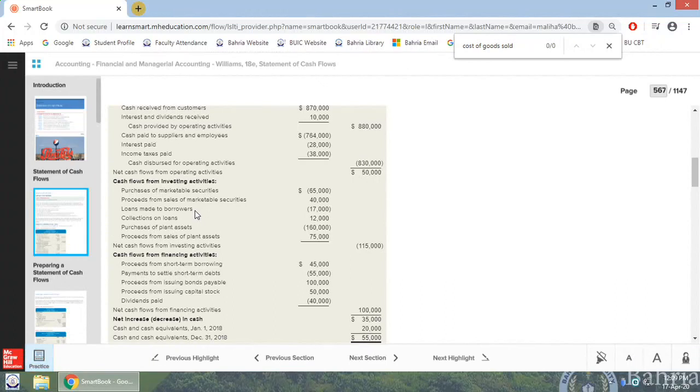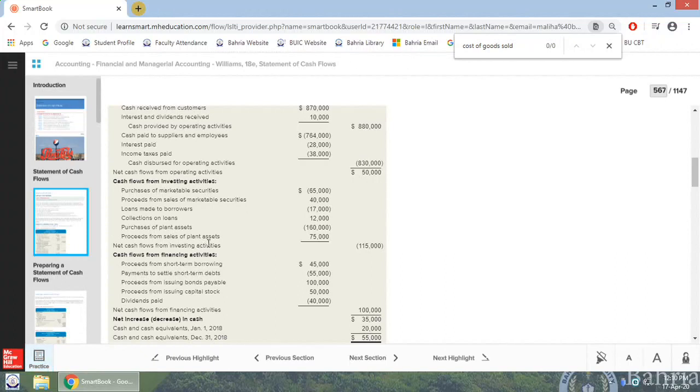Otherwise, they would be investing in securities or giving out loans to other people, foreign trust, things like that. It could be made to borrowers, and that could be one of the forms where you have debtors. That would be part of investing activity, where you are actually making it as an investment. Then collection on those loans. Any kind of payment made to you would be a sort of receipt, but that is from the investing activity. Any kind of disposal of plant assets would result in proceeds,